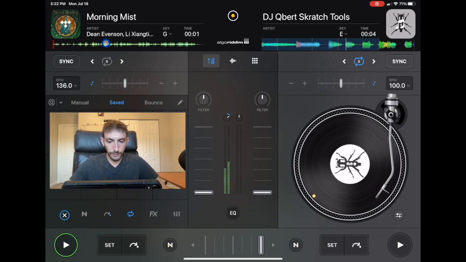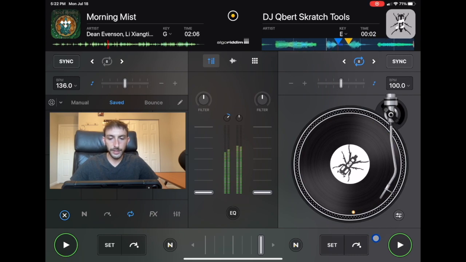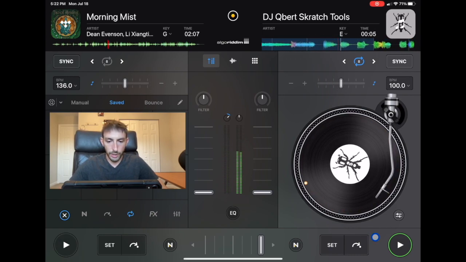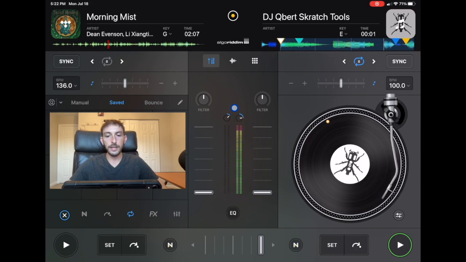So if you see the levels over there and the levels over here, they're about the same. And now watch what happens when I adjust the gain on the scratch sample that it's playing. As you adjust the gain, now we're in the red line. So the worst thing